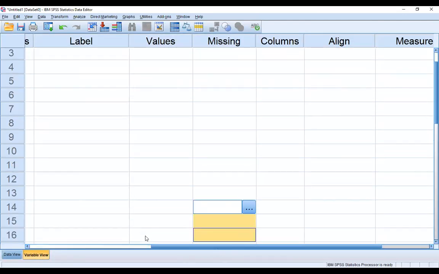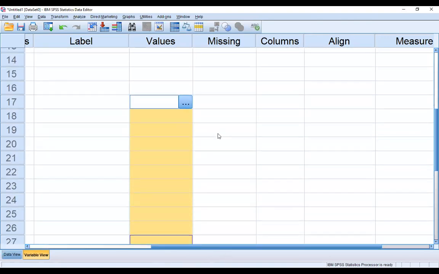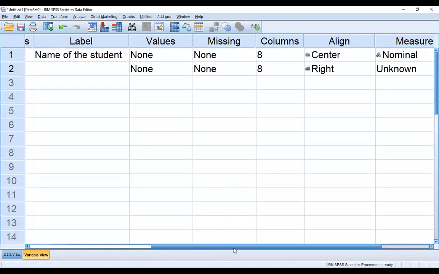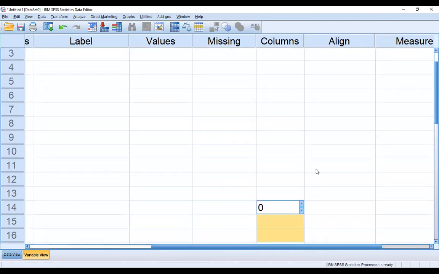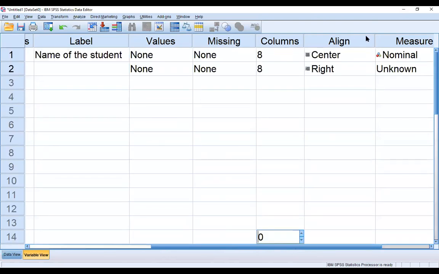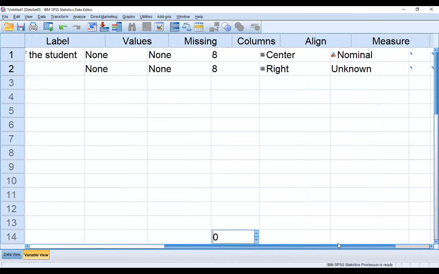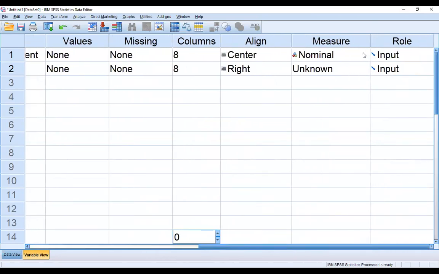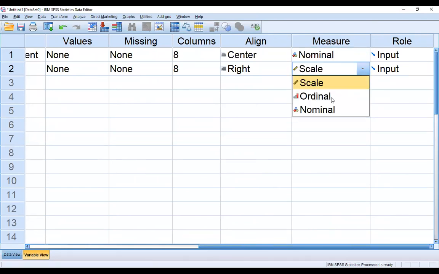The last is the measure column, which means whether the data is nominal, ordinal, or interval. I told you there are four types of questions: nominal, ordinal, interval, and scale. SPSS shows only three options: nominal, ordinal, and scale.